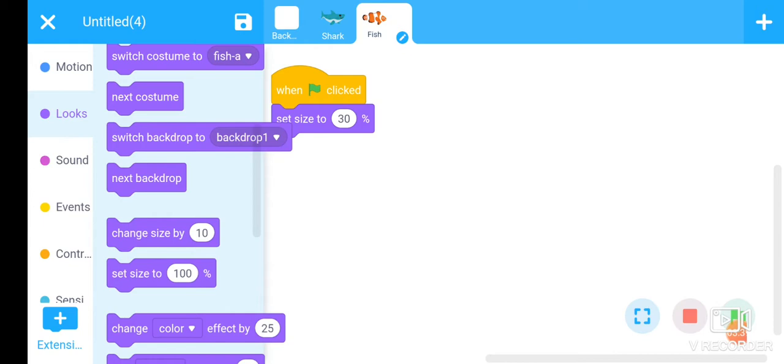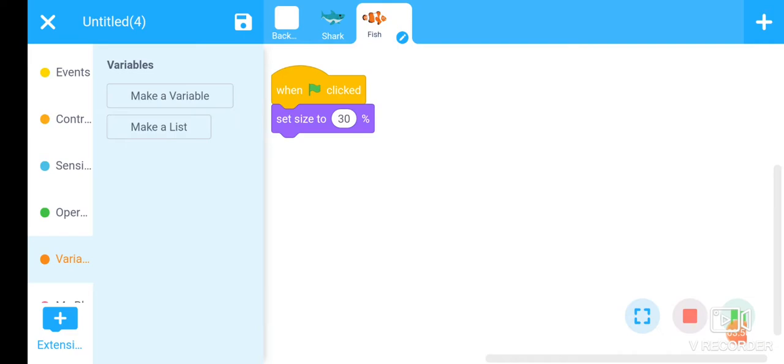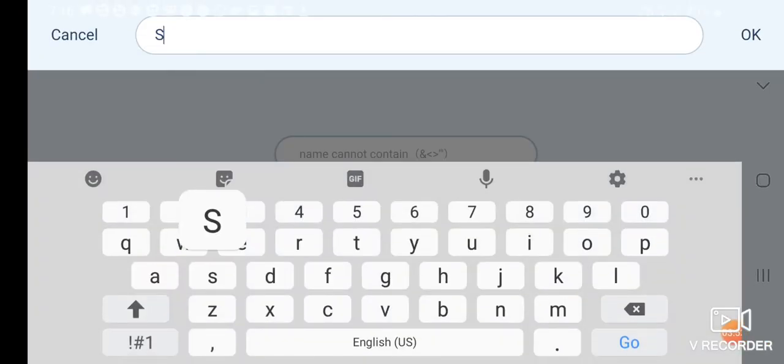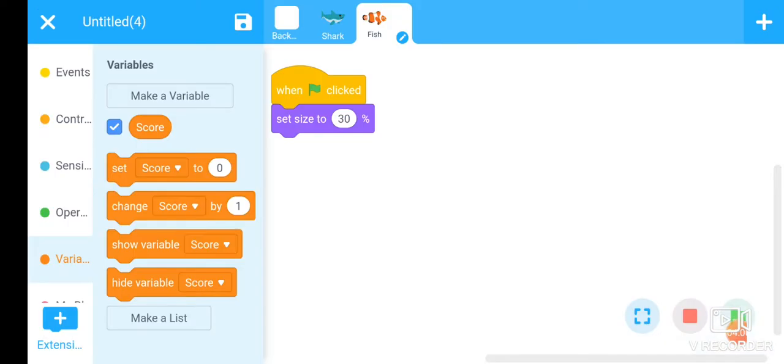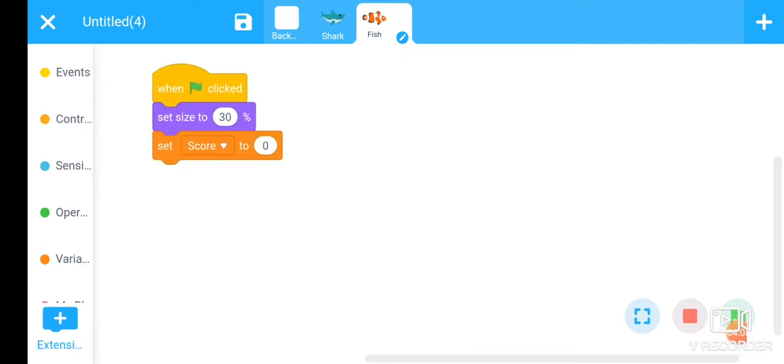Let us consider that when the shark eats any fish, our score should be increased. So we need to add another variable here, that is score variable. Add this variable here. Set the initial value of the score variable to 0. We want that here we want to create the clone of the fish here. For this,